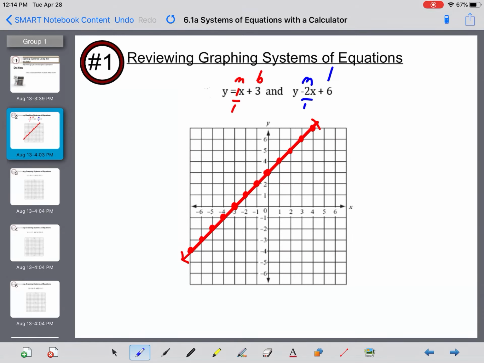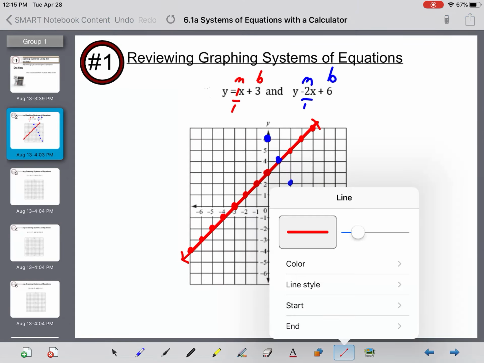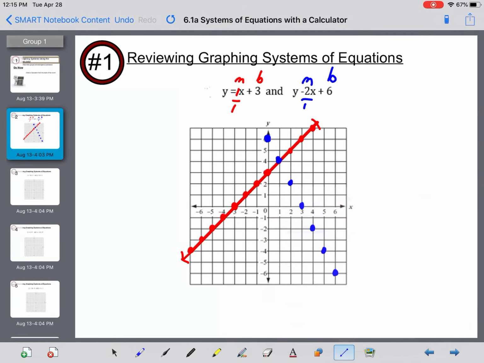Our next line, my slope is negative 2 over 1, and our b value, our y-intercept, is positive 6. Put a point at 6, and I'm supposed to go down 2 and to the right 1 each time. There's our intersection point already. We'll connect the points, put our arrows,